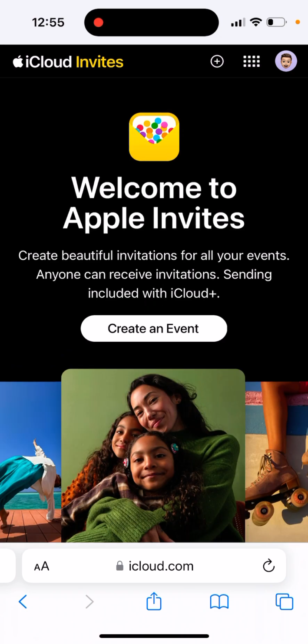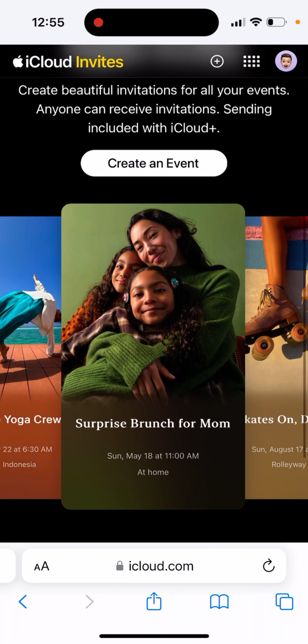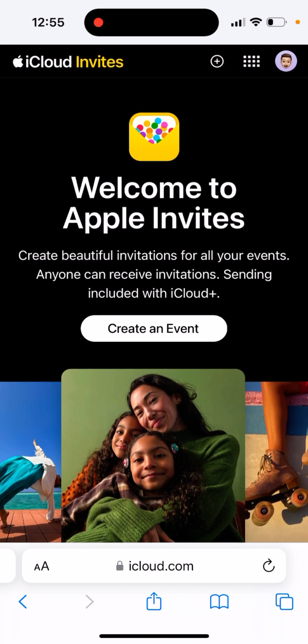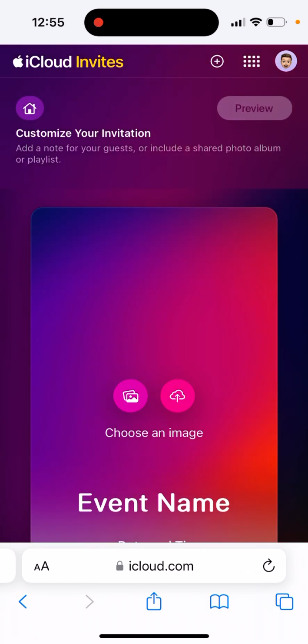And with this app, you can create invitations for all your events. Sending invitations is only possible with iCloud Plus, so it's a paid option, but everyone can receive invitations, Android, Apple, everyone. So you just create an event, and then also what else? You can share photo albums, add photos from this event, share playlists, manage participants. So it's quite a nice,